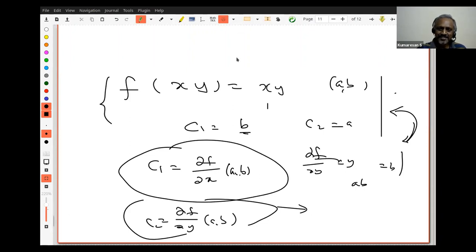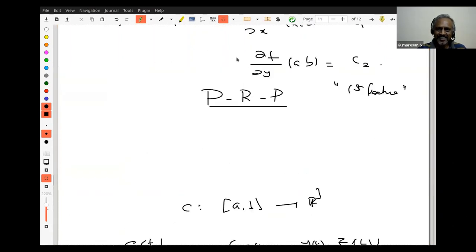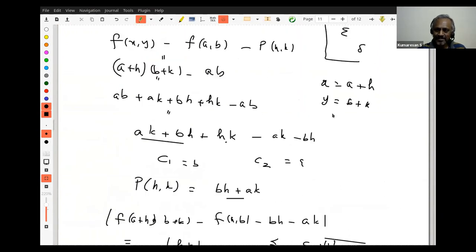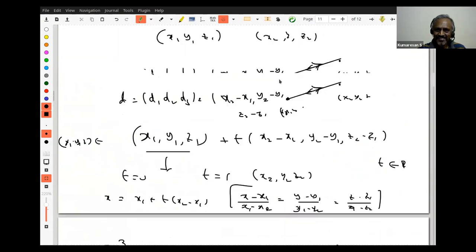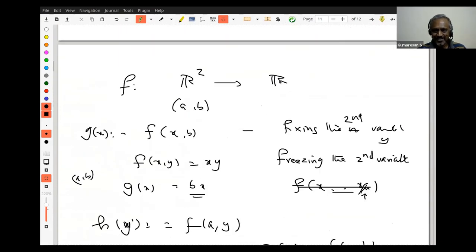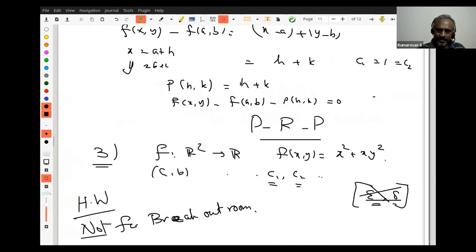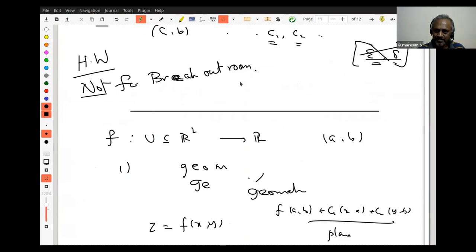But then you as teachers would have defined the notion of differentiability using partial derivatives, right? You would have said del F by del X at AB, X minus A, etc. That would have been your definition, not C1 and C2. So that's not a surprise for you. But that C1, C2 explanation was very good, the way I arrived at this, with a sense of discovery, like a child trying to explore and find out how C1 and C2 were obtained. That was very good. We don't do it like that.